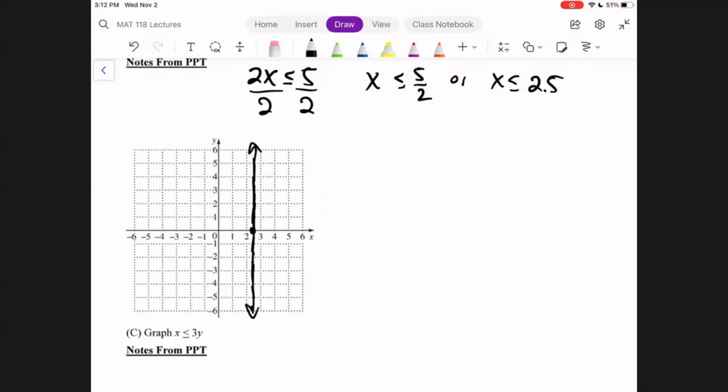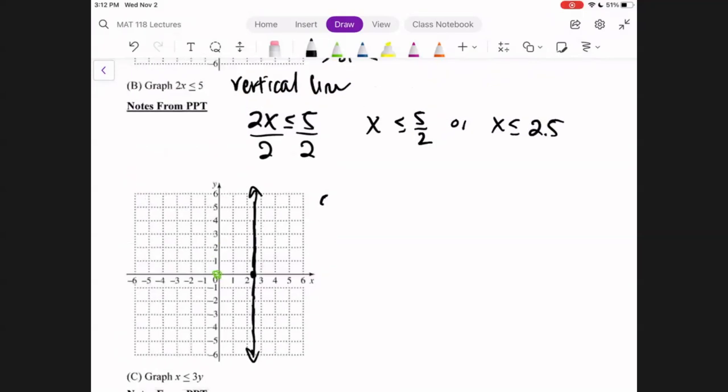And then am I going to shade to the left or to the right? So I'm going to pick the same test point. Origin works well, so plug in zeros for x and y. I would technically plug it into the original, that's usually the standard way to do it. So if I plug it into the original,